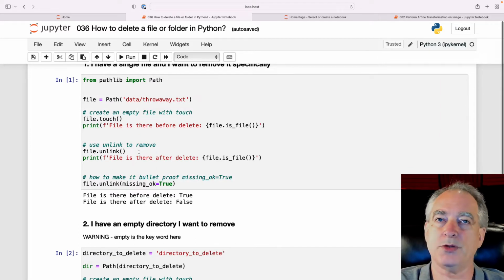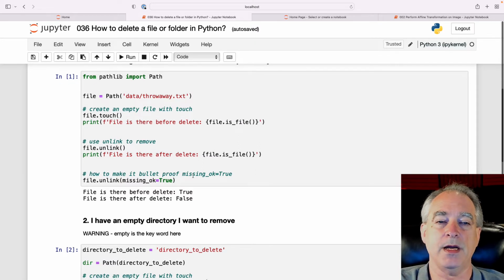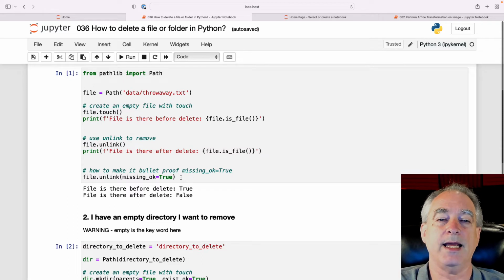And then unlink is your friend here. Just learn this one. There's I think a couple more ways you can do it, but just unlink it. And then we check to see if it's there after unlinking it. And what if it's not there? Well, if you don't have this missing OK equal true, it will throw an error that you'll need to handle. So I suggest just putting that in there, putting missing OK equal true, and you run it and everything is